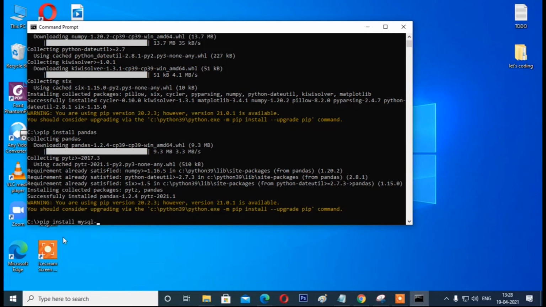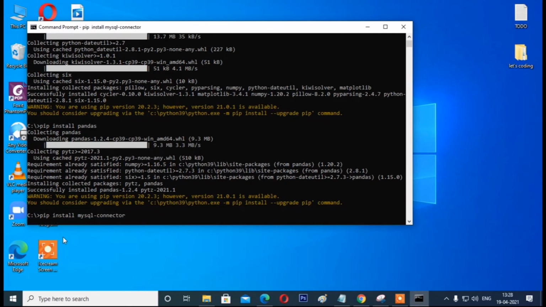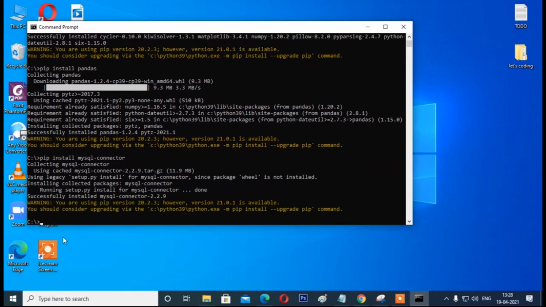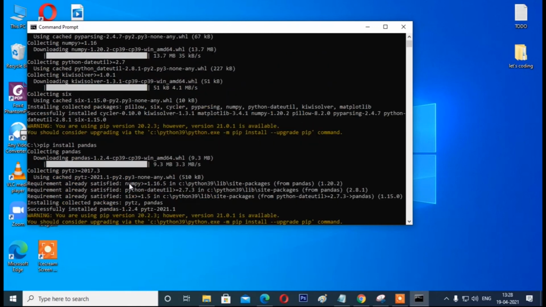Remember this thing, when we install the module, we pass it like MySQL hyphen connector, but when we use this module, at that time we pass MySQL dot connector. At the time of importing we will pass MySQL dot connector. Okay, that's all the modules done.